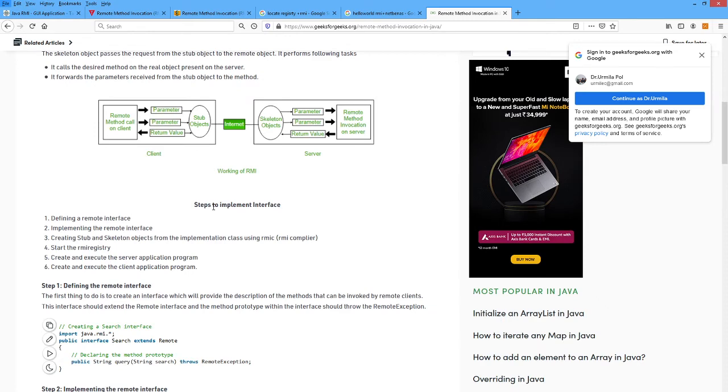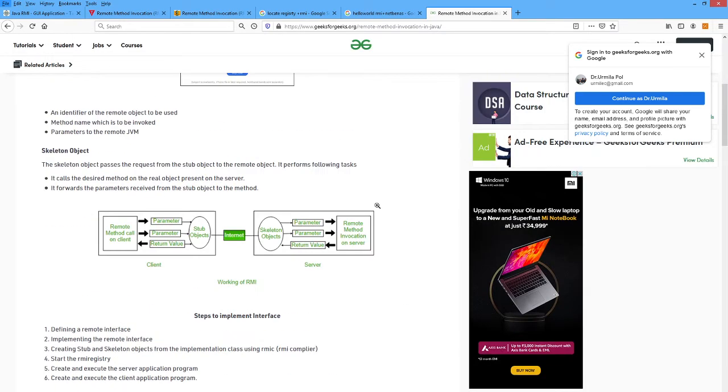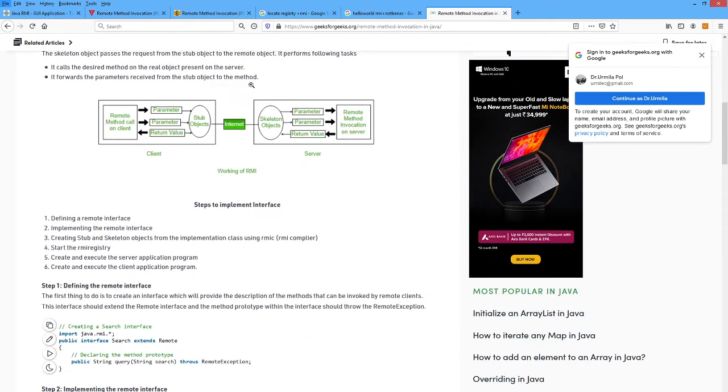Here are the steps to implement it. First we have to define the interface for communication between client and server: defining a remote interface, implementing the remote interface, and creating stub and skeleton objects from the implementation class using the RMIC compiler.